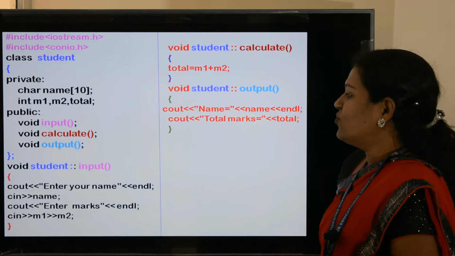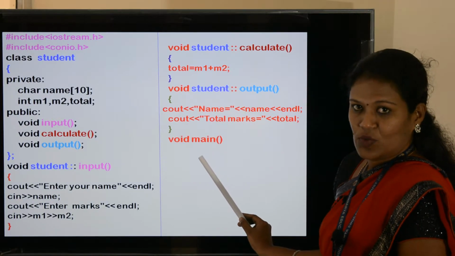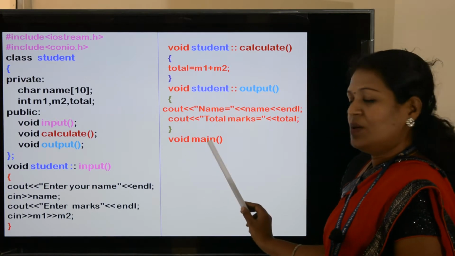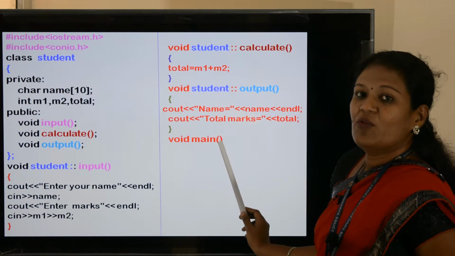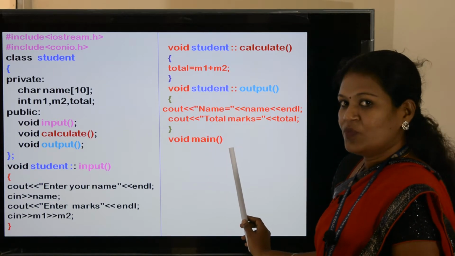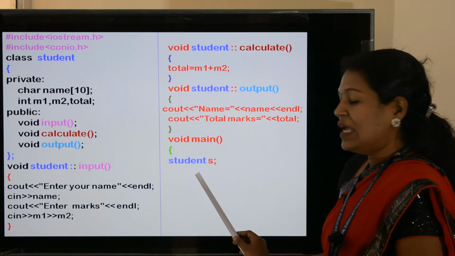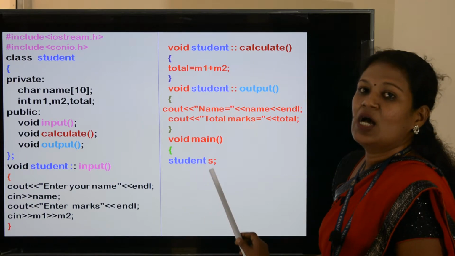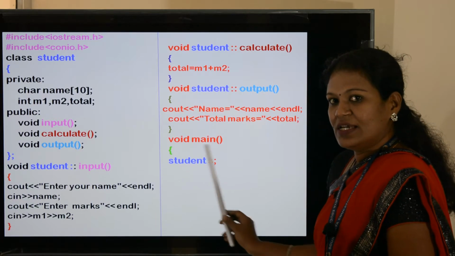Now we'll move to the next one. Next is the main function. Void main, the return type specifier followed by the function name main. Then open the flower bracket. Inside the main, first we need to declare the object. How will we declare the object?